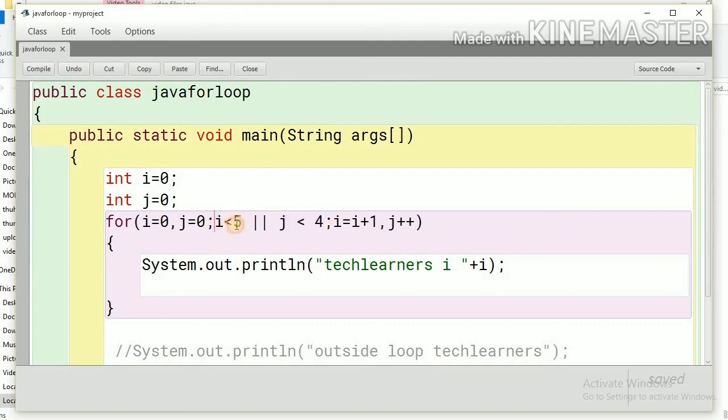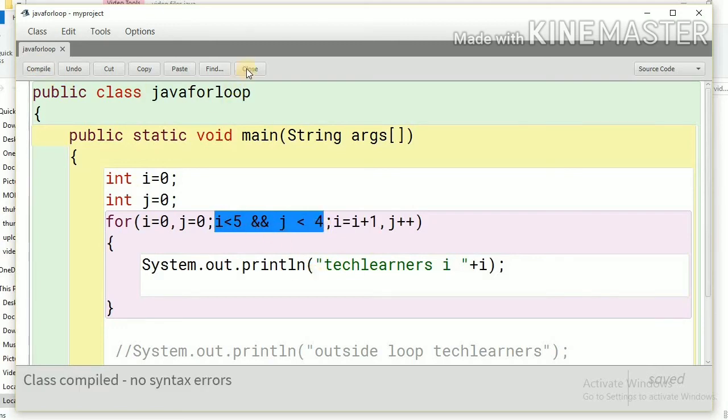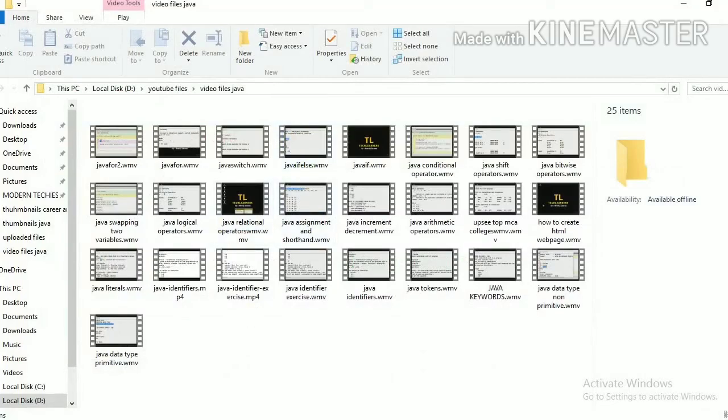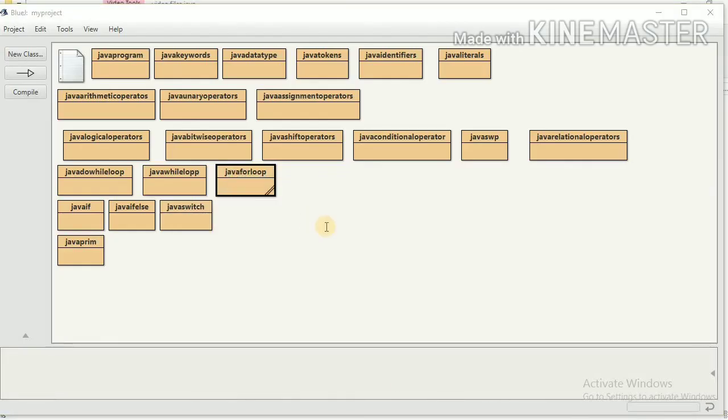No matter, this is still true, the composite result of these two using the or operator will still be true, right? If we use the and operator here, as this will be false, the composite relation will also be false. So we will exit the loop. Let me compile and show you the output of this condition.